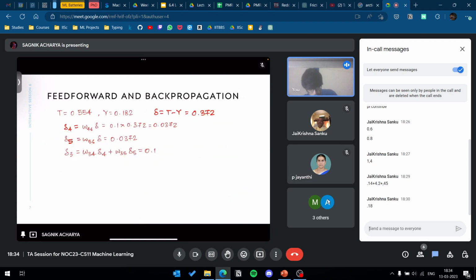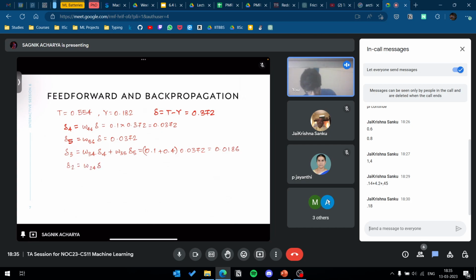So if you see both delta 4 and delta 5 are the same, so just 0.1 plus 0.4, which is 0.5, times this 0.0372, and what is that value? 0.0186, right? So delta 2 again is